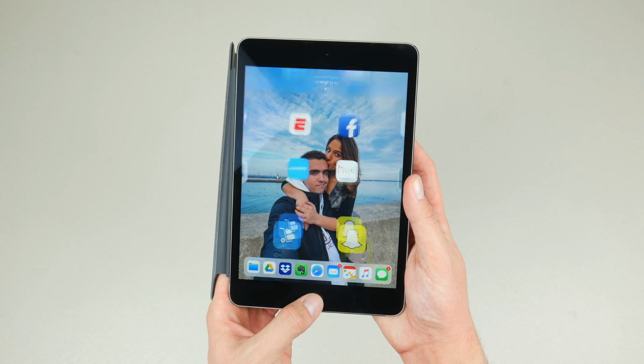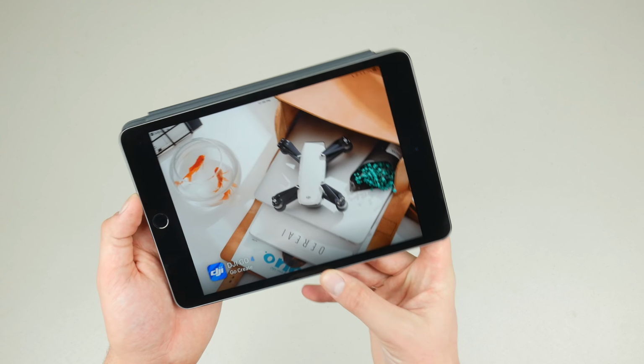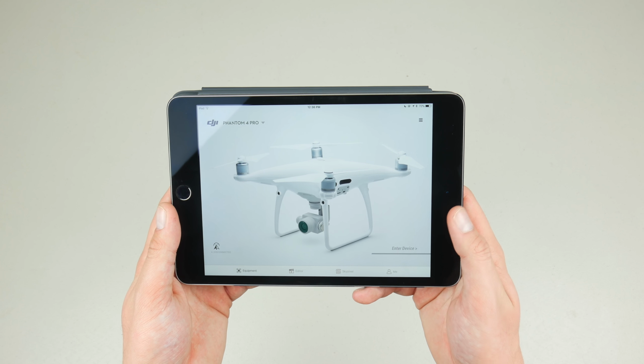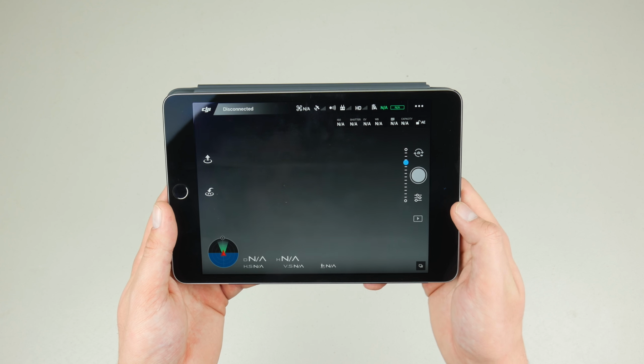If you're looking for a tablet, I definitely recommend going with one that at least runs iOS, because the DJI Go app runs much better on Apple software and also gets a lot of features first. Other than this, the Crystal Sky monitor is probably a good go-to tablet, but I haven't gotten a chance to actually try it out yet. So those are basically all of the big items that I bring with me when I go and fly my